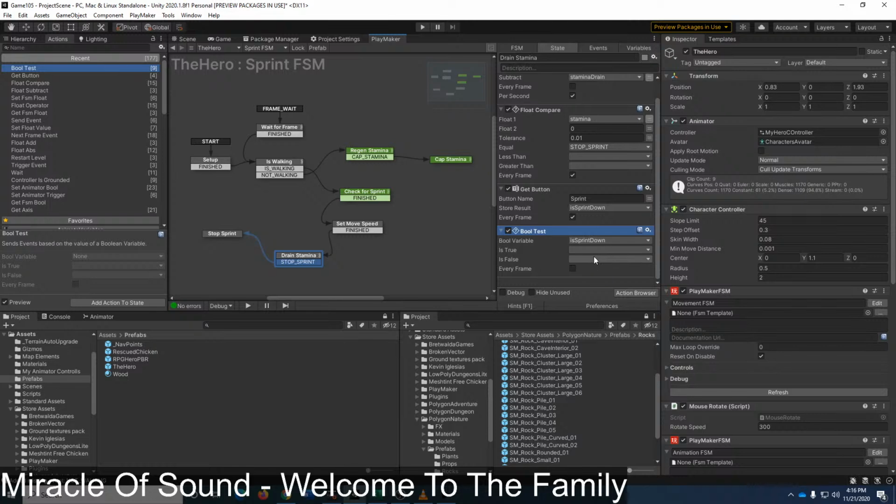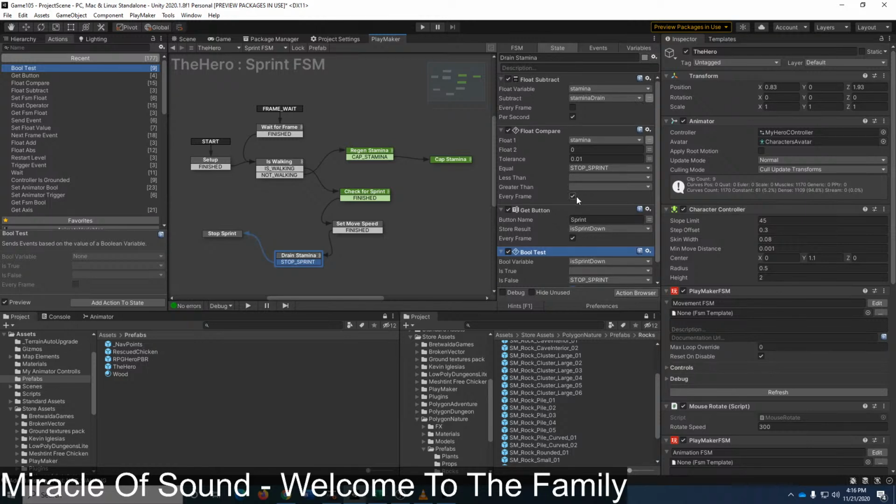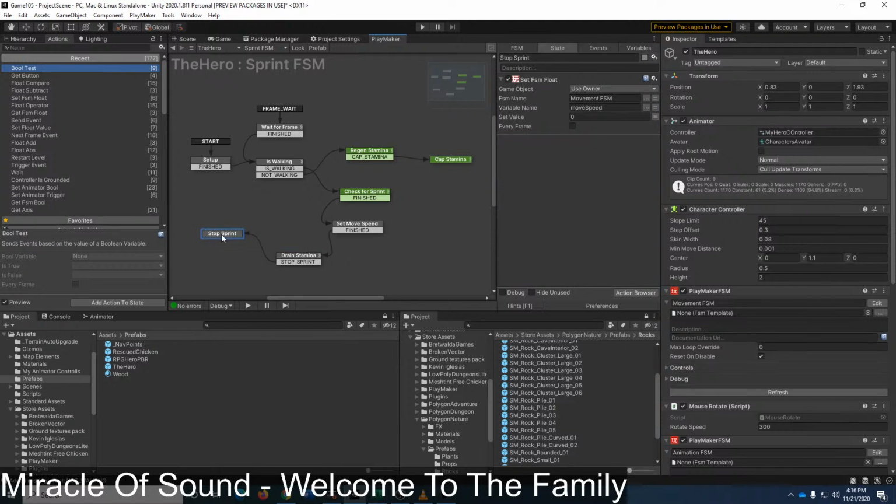And if it is false, stop the sprint. And then stopping the sprint.